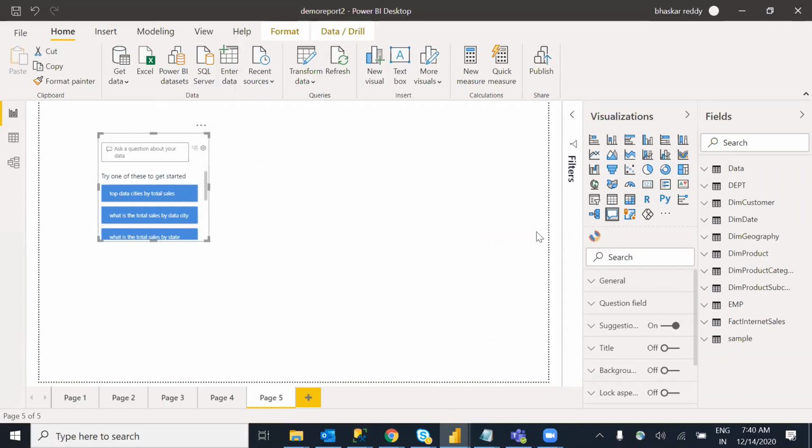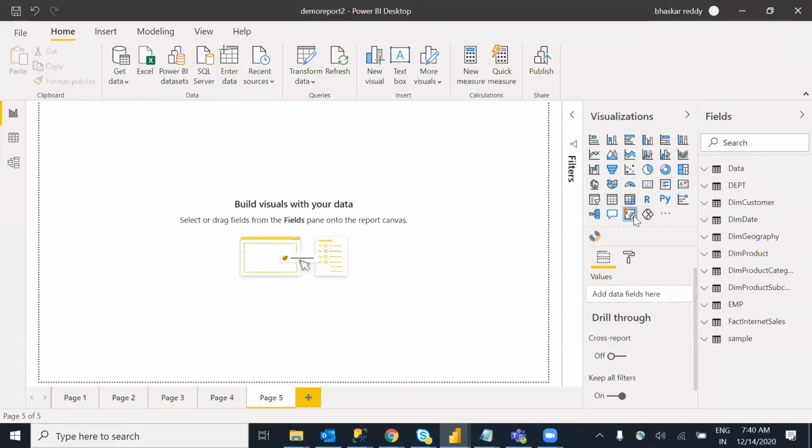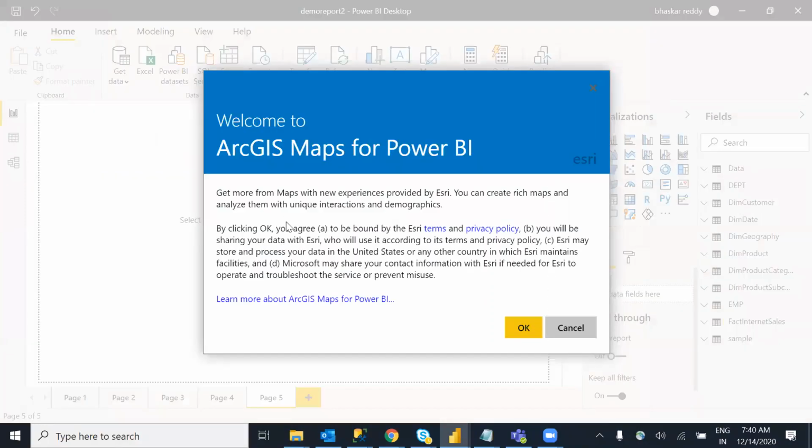Then we have this, which is not a very useful thing. It is the ArcGIS Maps for Power BI. If you want to share your data with the Esri team, and you have some geographical information data, they will process your data and give some visualizations for you.